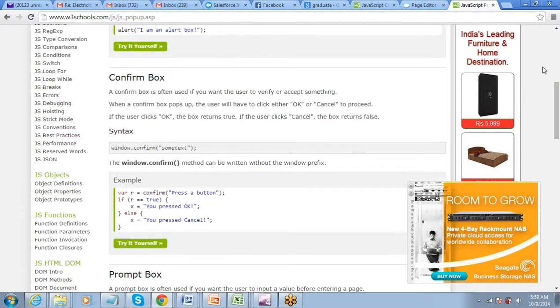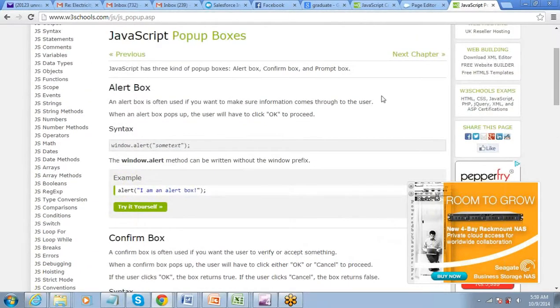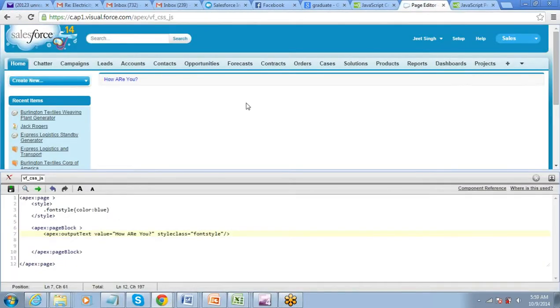So I'm just going to use one of these. I will just use alert. Alert is where you have to press OK to proceed. You just need to write this alert in the script.